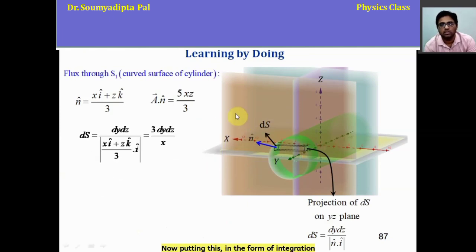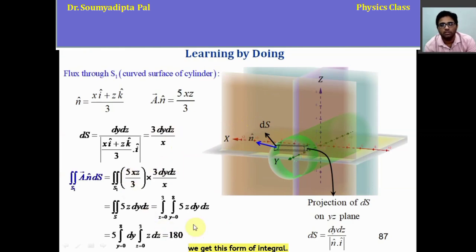Now putting this in the form of integration, we get this form of integral. And here y varies from 0 to 8 because the cylinder is cut off by y equal to 8 plane on y axis, the front plane, right? Then z varies from 0 to 3 because it is the radius of the cylinder along z axis. Okay. Then if we perform the integration and put the limits, we get this value,